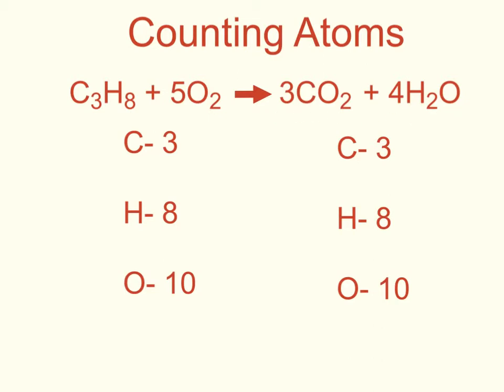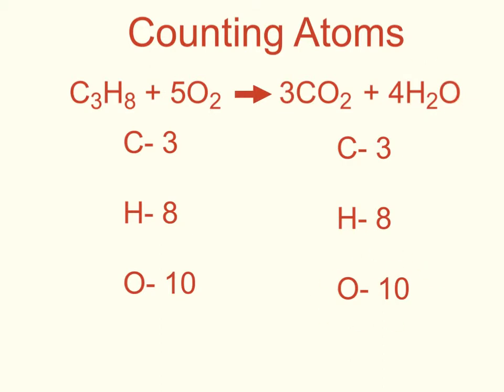On the product side, we see that there are still 3 carbons because of the 3 coefficient in front of the C. I have 8 hydrogens because of the coefficient of 4 in front of the H2, so the 4 multiplies the 2. And I have a total of 10 oxygen. Now the oxygens are split up here. I have a coefficient of 3 with an O2 here. So the 3 multiplies the 2 to make 6 oxygens. But over here I have another 4 oxygens because of this coefficient here. So I take the 6 oxygens from here and add them to the 4 oxygens there to get a total